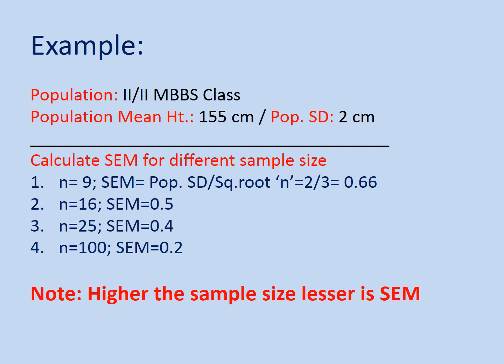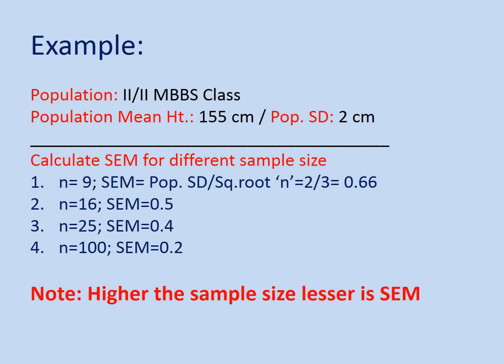n means sample size. So we will put our values into this. Population SD, in our case, means the whole 200 students population and their SD, which is 2 centimeters. So 2 divided by square root of n, where n is equal to sample size, which here is 9. So 2 divided by under root of n, which is 3. So 2 divided by 3 is equal to 0.66. Its simple interpretation is that the sampling variation in this case is equal to 0.66.